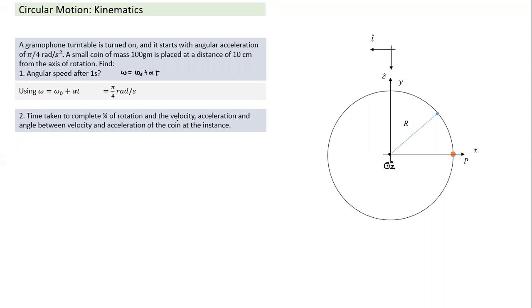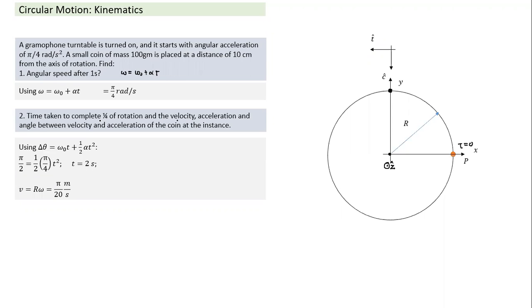We are dealing with all the motion parameters starting from here. This is where it was at t is equal to 0. We are looking at when it has completed 1/4 rotation, which means it has undergone an angular displacement of pi by 2. It has moved from here to here. At this point it will have some value of omega, and corresponding to omega it will have velocity. It will have centripetal acceleration, tangential acceleration, and there will be an angle. Let's calculate all these terms here. So using d theta, we need to, okay.